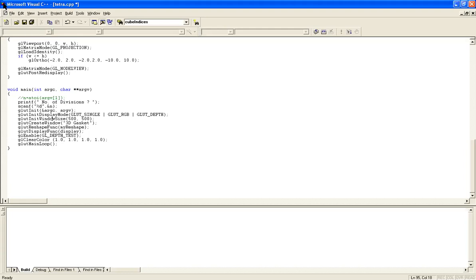If I specify 100, it may appear here, at the beginning of the window. If I specify 200, it may appear at the beginning of the window here. 300, 400, and so on. Now we are speaking about window size. What is the size of the window? It is nothing but height and breadth. Height should be 500 and breadth should be 500. Now I'm naming the window, create window. My window name is 3D gasket.